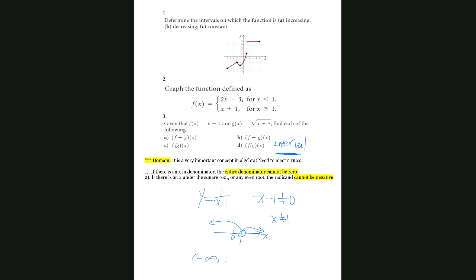Since x cannot equal 1, we use the parenthesis, and then the union from 1 to positive infinity. Infinity always uses parentheses, it doesn't matter whether it is positive or negative infinity. When you use the equal sign, I'll give you a little interval here between 1 and 7. So if I have x greater than or equal to 1, less than or equal to 7,